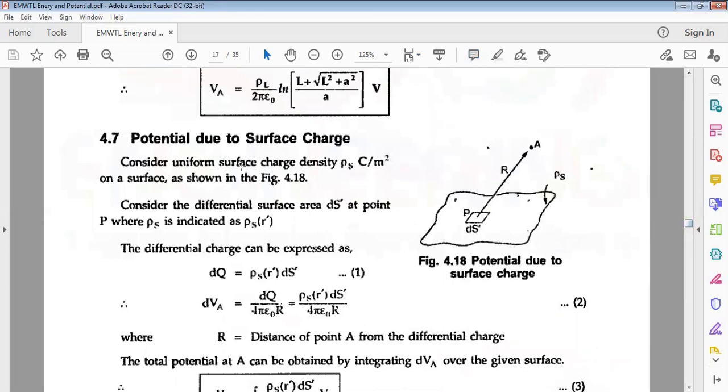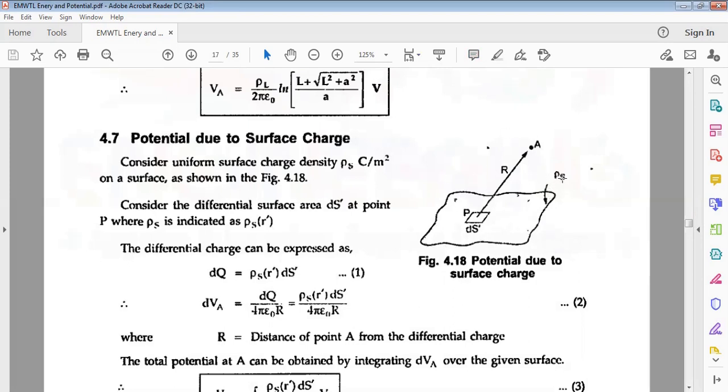Previously we considered a line with a charge density rho L, a small differential length on that line, taking the distance from the origin to that point. Now, consider a surface